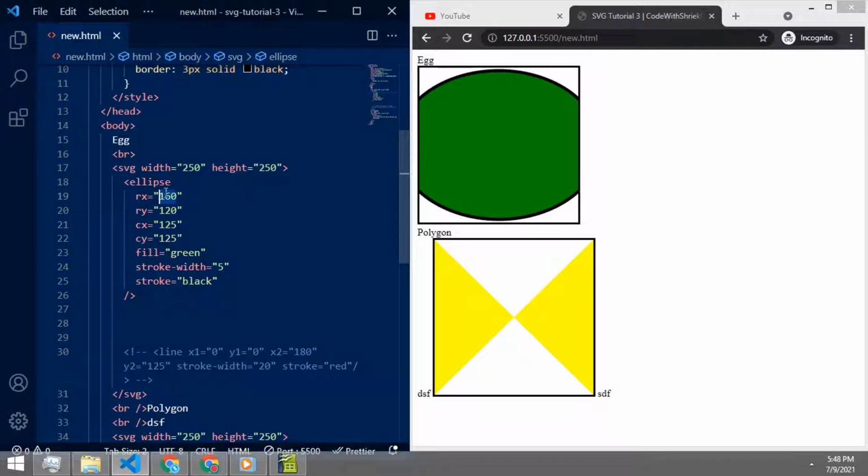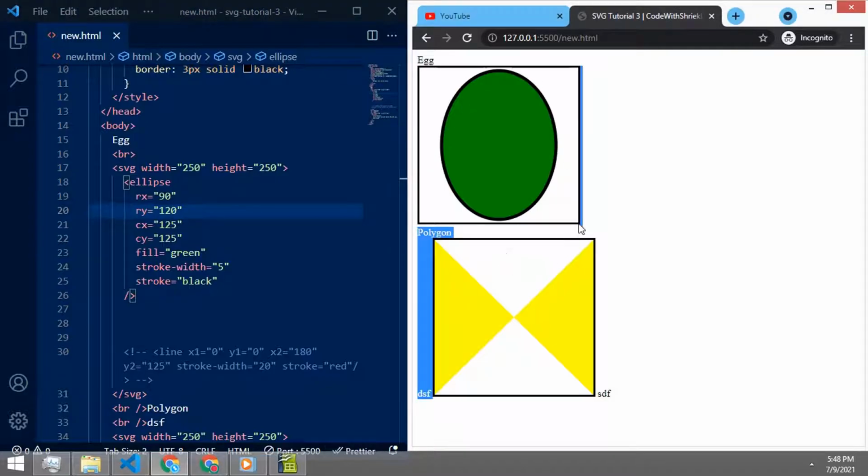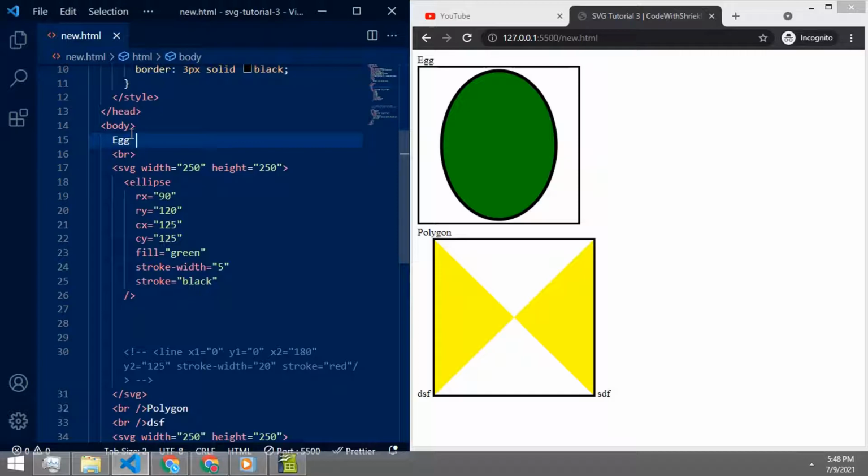As I said, you don't have to remember the values, you just have to try all the values one after another. You'll learn about it by yourself like this. Here, I'm trying to make it egg-like. Okay, I got the values. Let's change. Okay, this is how an egg looks. I think it is a bit similar to an egg.